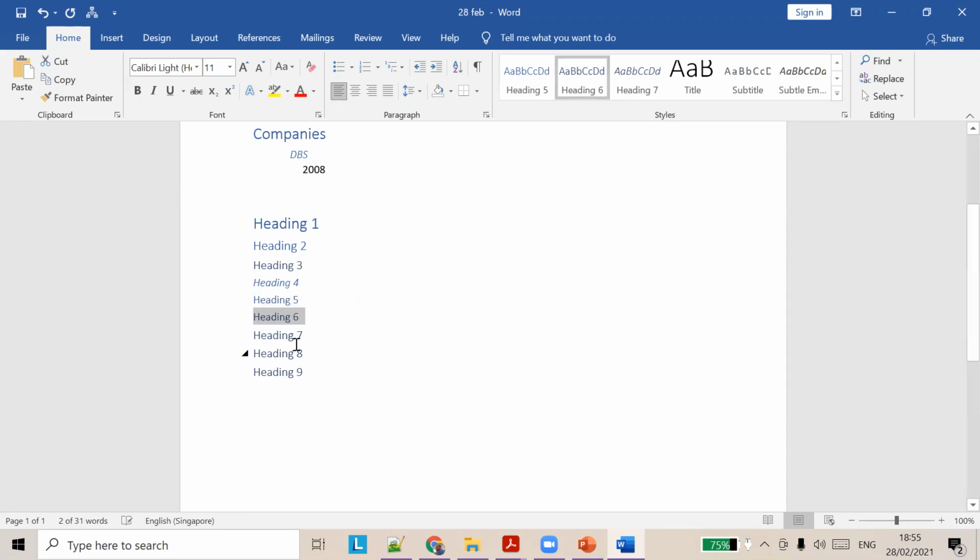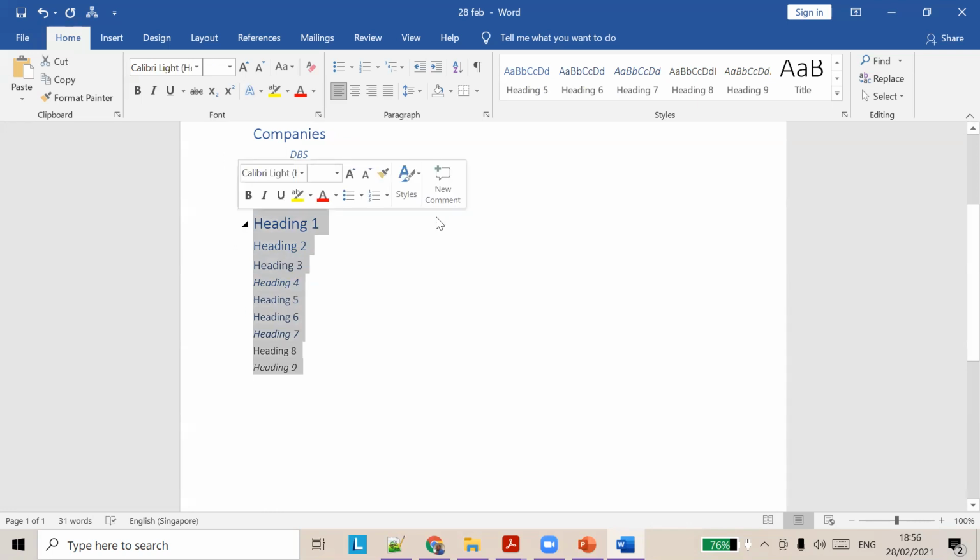So you can see the difference between each of these headings. Now heading 9 is the smallest font. Okay, so if you see from heading 1 to heading 9, the font size gets reduced, and also the size of all the fonts gets reduced. So this is just to compare all the sizes of headings.